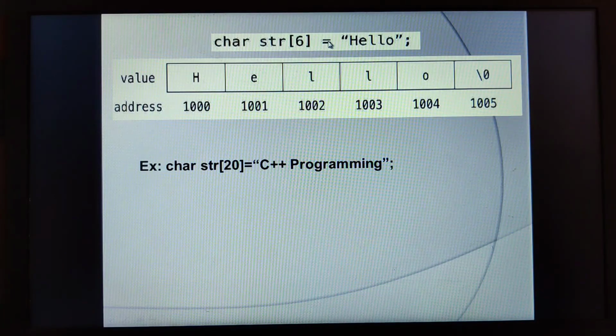Okay, similarly, if I want to store the names of 10 students, then I can give char name[10]. That means you can store 10 students' names in the computer memory location. And similarly, if I want to store the string as C++ programming,